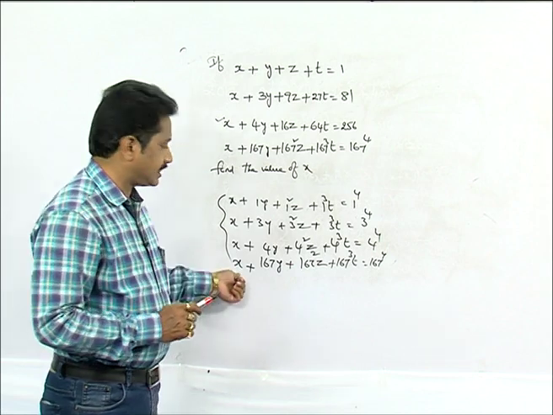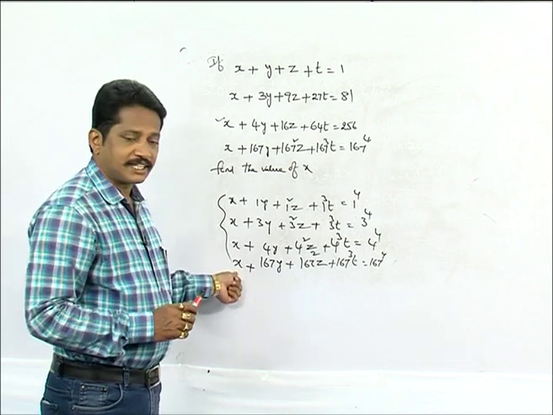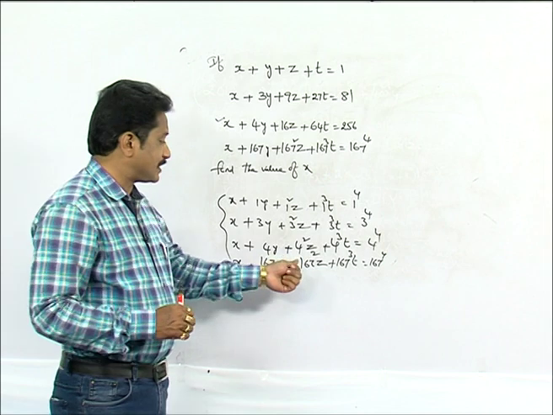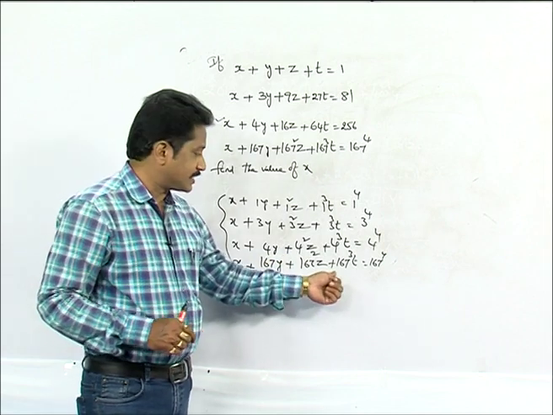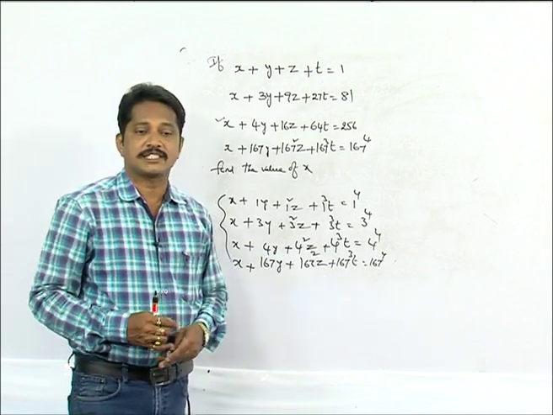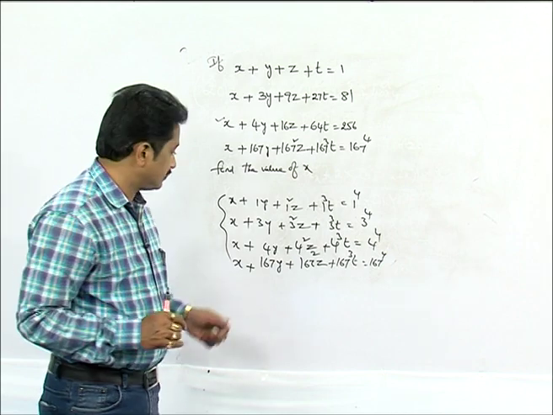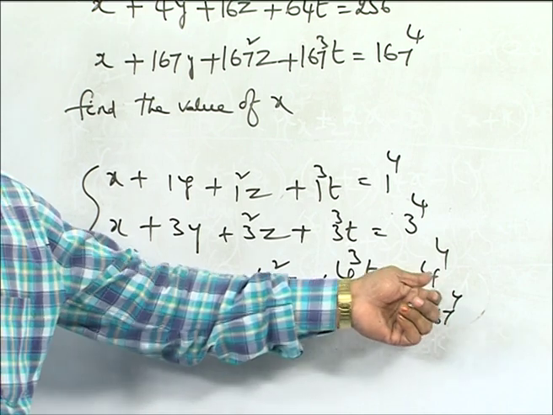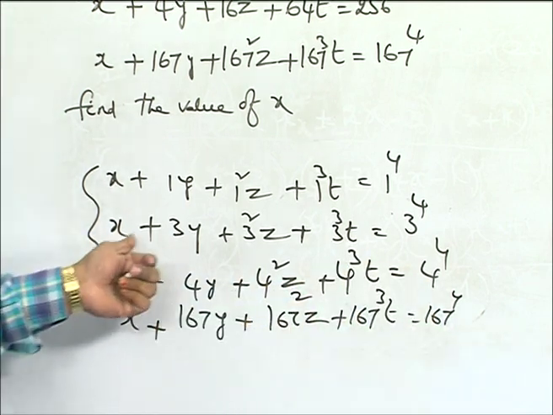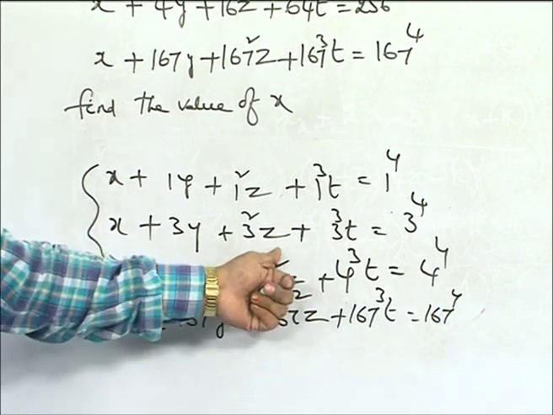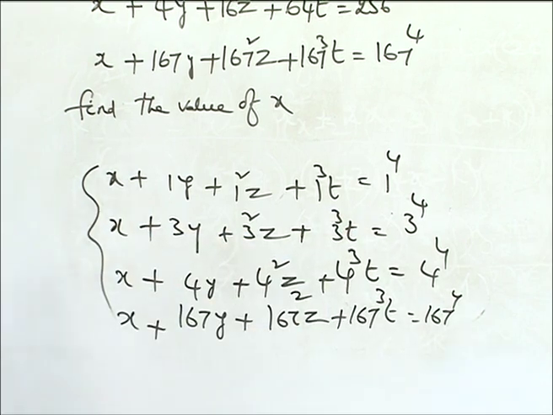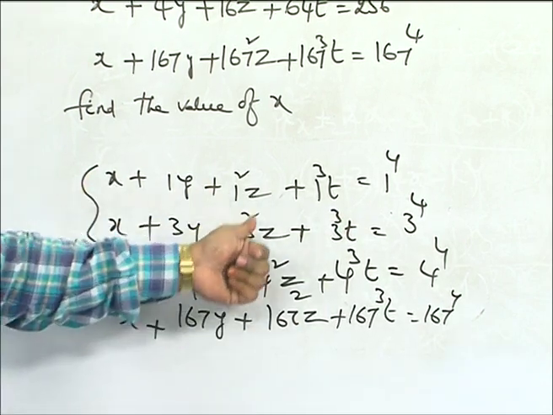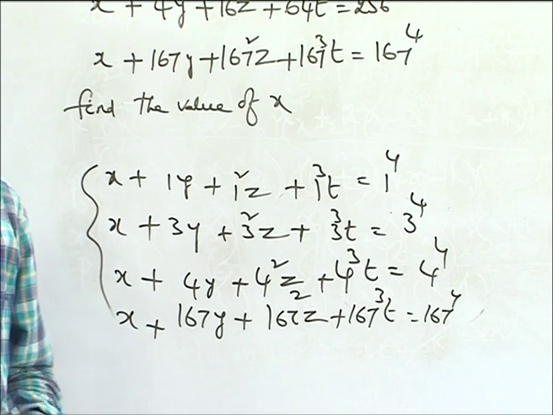Because see, the first equation x plus 167y plus 167 square z plus 167 cube t equal to 167 to the power of 4. Clear? Second, x plus 4y plus 4 square z plus 4 cube t equal to 4 to the power of 4. x plus 3y plus 3 square z plus 3 cube t equal to 3 to the power of 4. x plus 1y plus 1 square z plus 1 cube t equal to 1 to the power of 4. All are in the